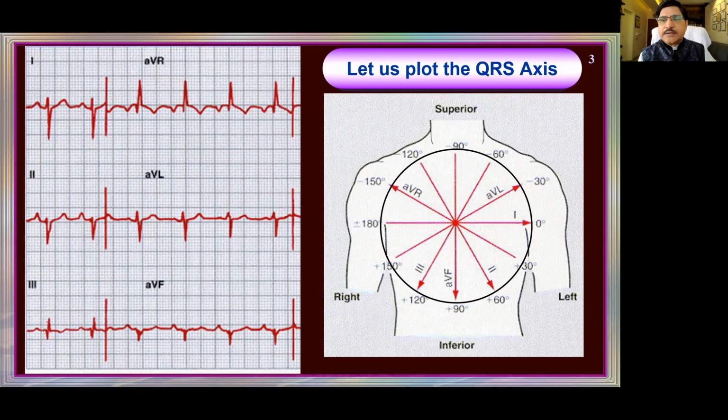So L1 lead is this one. This is the L1 lead, isn't it? So this lead is the L1 lead. So I have to put 9 points on the L1. Towards which side? Positive side or negative side? It's on the negative side. Negative side. Let's say it must be here. Let's say that 9 points.